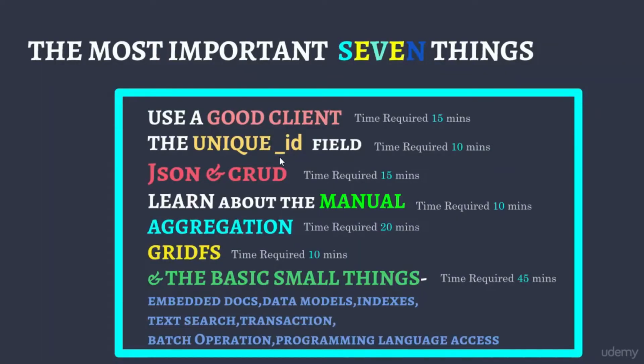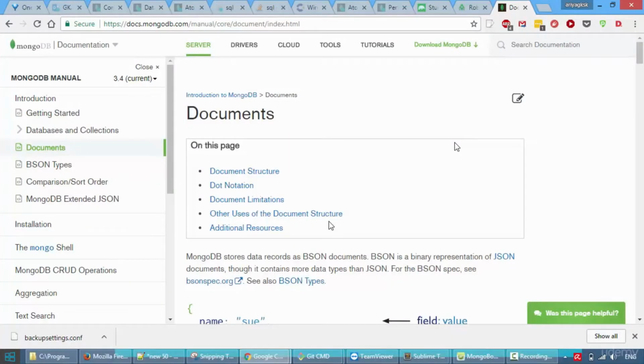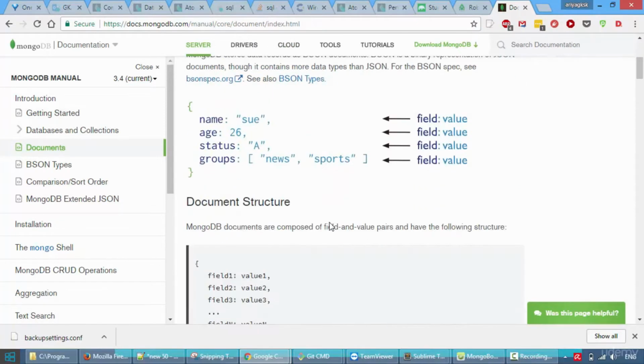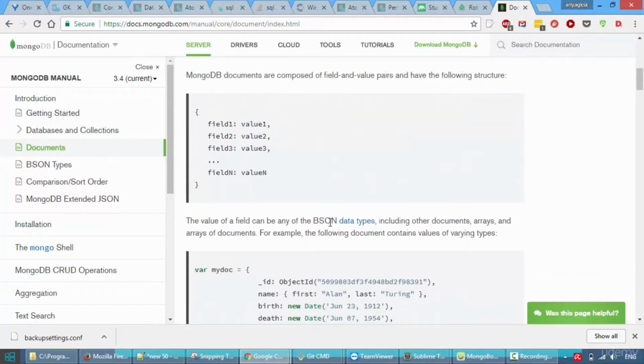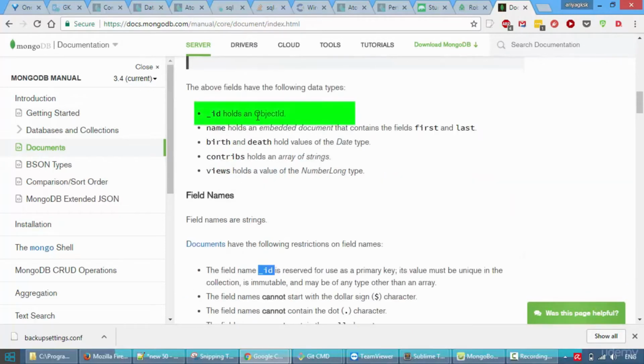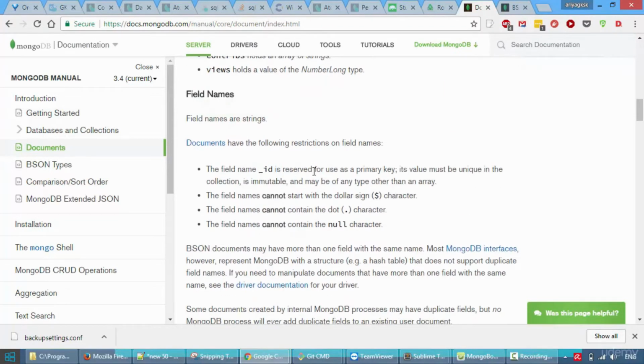To learn more about this unique ID field, please visit the MongoDB documentation page. It's available here. In this documentation page, you can see about documents. Under this, the information about the ID field is provided. ID holds an object ID. Click on this, you'll be able to get more details about the ID field. And this particular line is very important.